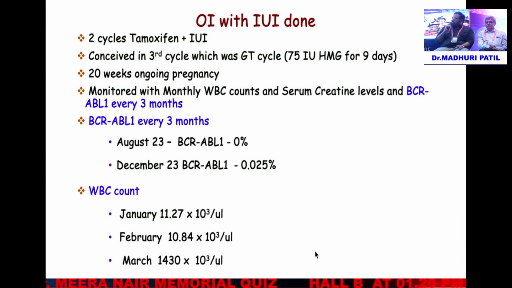Then the other thing is there's a small risk, a 5 to 10% risk, that somebody who has a chronic phase of leukemia can become an accelerated phase or can become an acute leukemia. Even that is there if the TFR fails. So these two risks have to be clearly explained to the patient, and only then we go for a TFR.